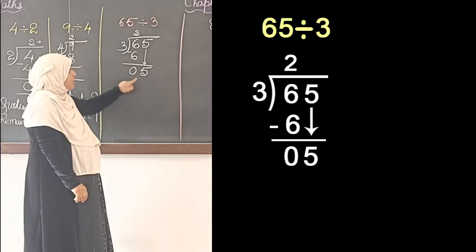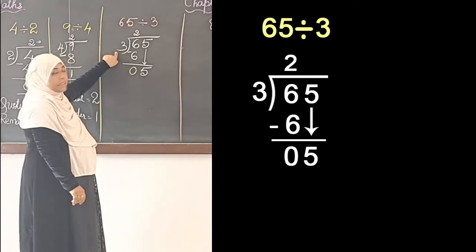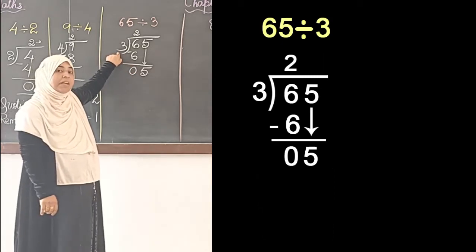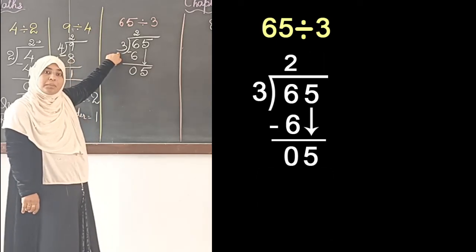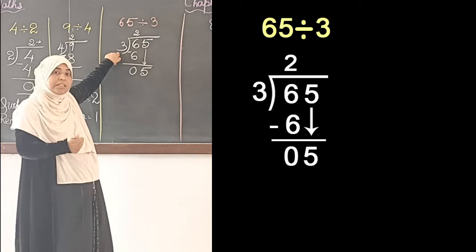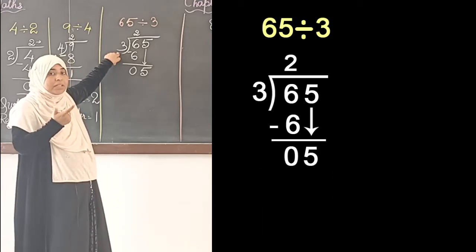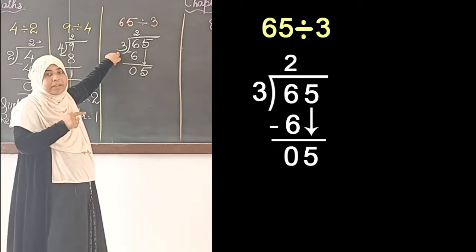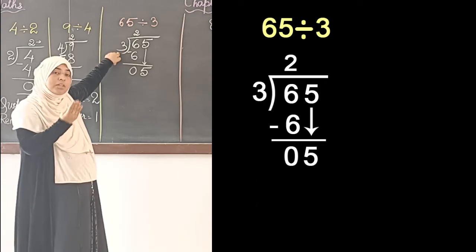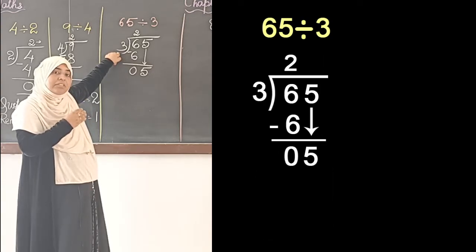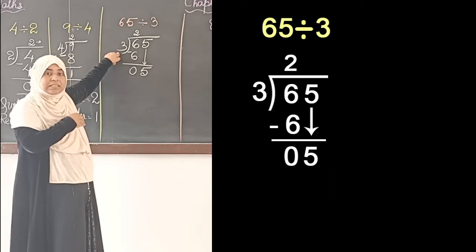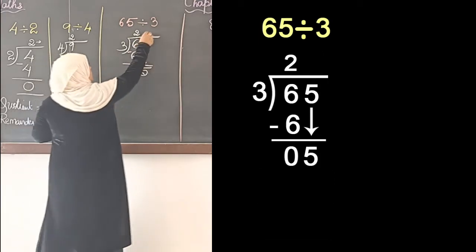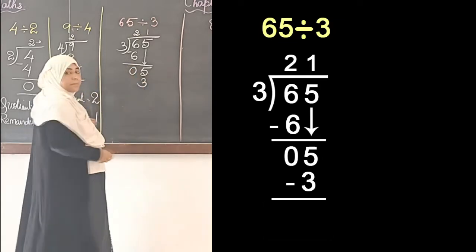Now we have to divide 5 with 3. That means we have to look for the number 5 in the table of 3. Do we get the number 5 in the table of 3? 3 ones are 3, 3 twos are 6. We are not getting 5 in the table of 3, right? But we are getting 6, and 6 is greater than 5. So we cannot go for that. We have to look for a number which is smaller. In the table of 3, which number comes before 6? 3 itself. 3 into 1 is 3. So we will take that number. 3 ones are 3.